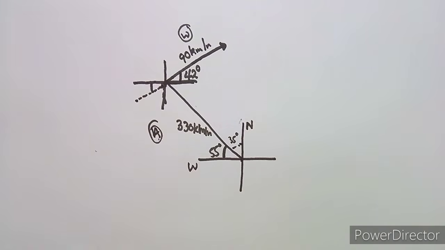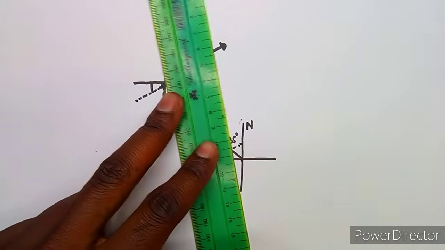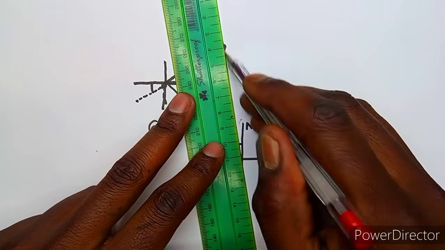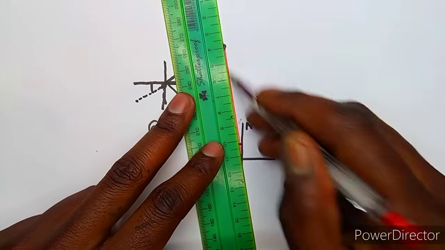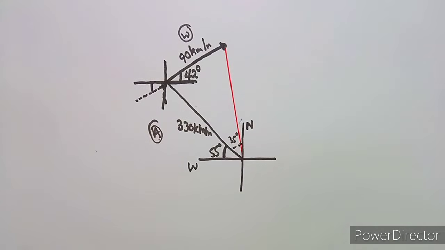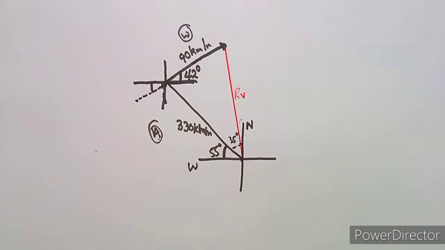So definitely our resultant is going to be this one from this part here where these two meet. This is going to be your resultant. I'm going to put this in pen, guys. I hope you're going to see it properly. This is going to be your resultant, the one that is going to affect everything, which is your resultant velocity for the aeroplane. And definitely we need the angle, that is the direction in this case.